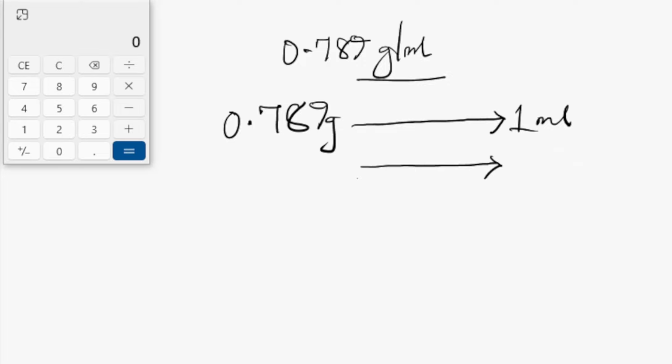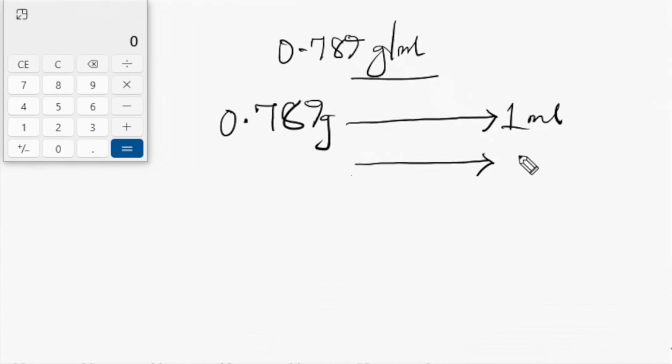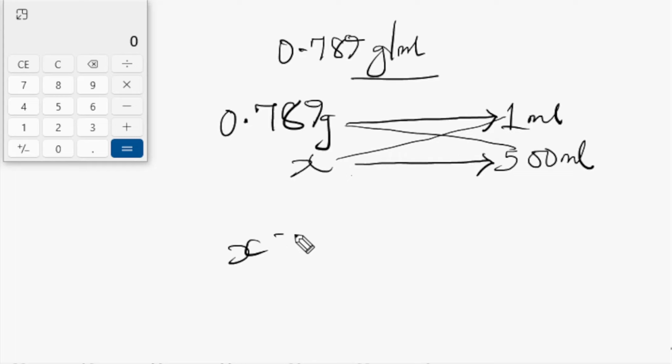So guys, from the question here, the unit we have corresponding to either this or this is the 500 ml that we have here, and that's corresponding to this part. So we are going to write 500 ml. So what we are saying here is that if there is 1 ml in 0.789 grams, how many grams will contain 500 ml? So we are going to have this as x, and then normally, as we always do, we'll cross multiply. So guys, x will have to be